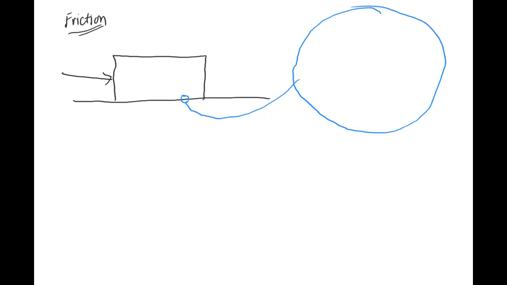Because at the end of the day, the molecules themselves, the atoms themselves, they are not smooth. So the way to think about this is that our senses are too crude to pick up these tiny irregularities. Even if you have a highly polished steel surface, for example, and if you were to